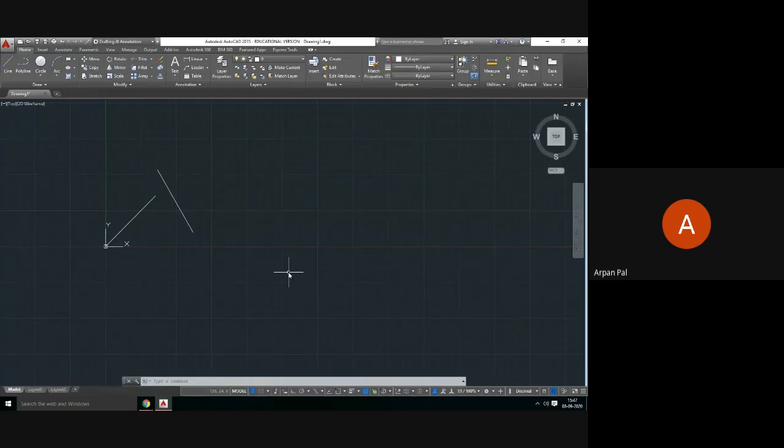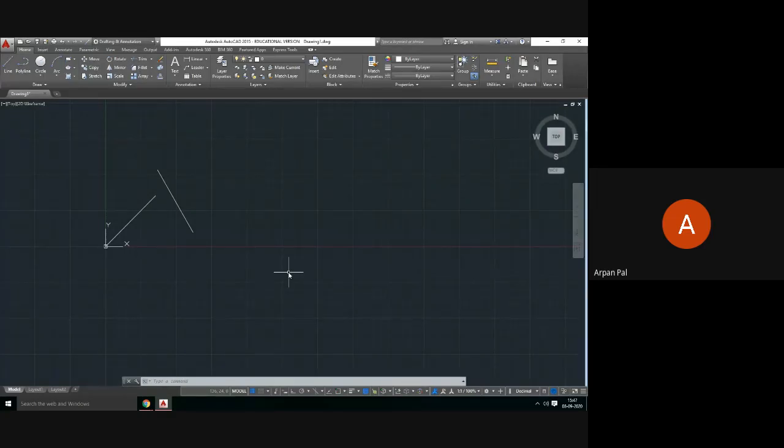So you understood last year that taking a command in the command box, that means writing something and then pressing enter, and also in the toolbar, if you select from the toolbar just by clicking, both give you the same result. But how do you escape from the command? You need to exit from any command. You need to press the escape button. Wherever you got stuck, you press the escape button, and that will exit from the command.